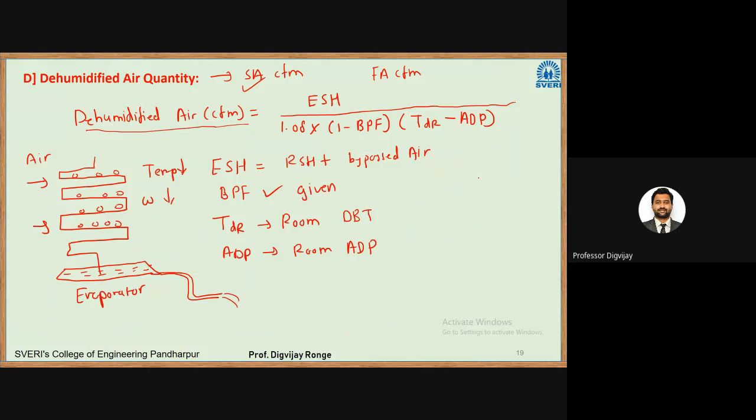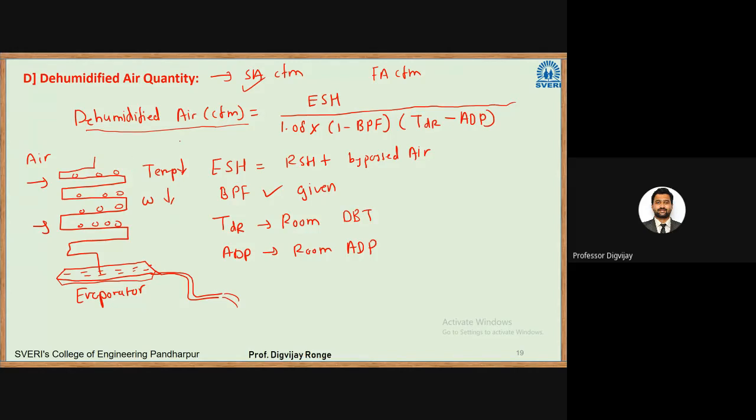Okay, and this was our ultimate goal. Ultimate goal is to calculate the supply air. So supply air, in technical terms, is written as dehumidified air, because in this process we are cooling the air as well as removing the moisture. So this diagram I showed in the last lecture. The air is passing over a cooling coil. There is condensation of droplets. These droplets are collected in a tray, and this water is drained out. So this process is cooling and dehumidification.